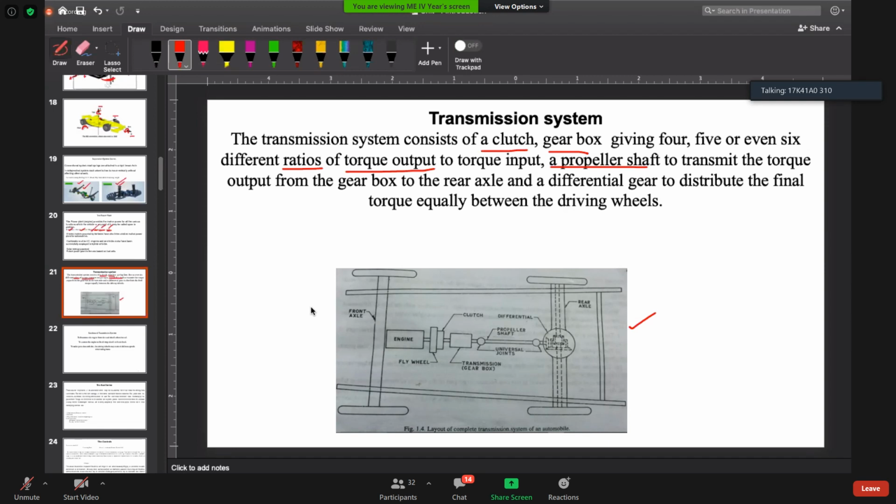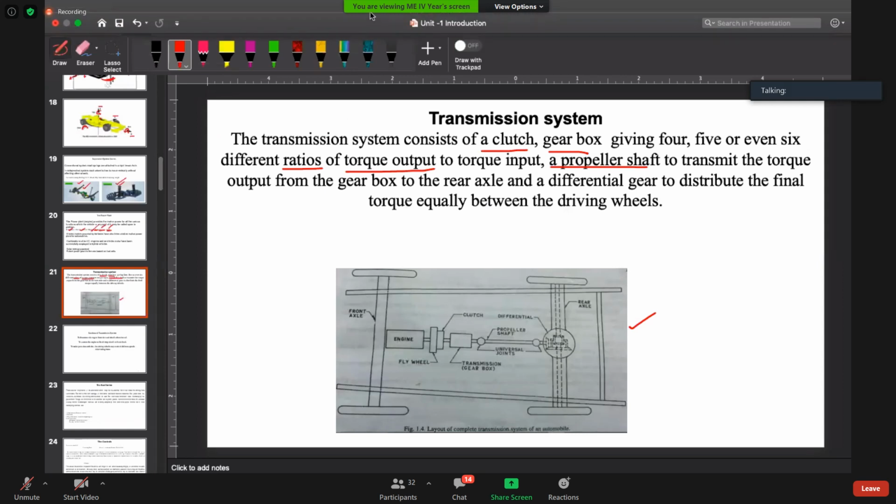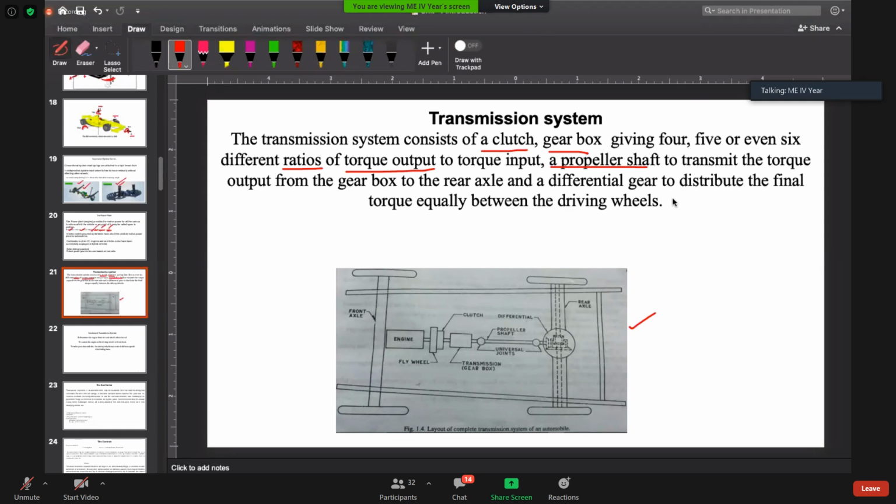Sir, I had made a presentation on brakes, sir. Today you have to give the presentation. Yes, sir, you told to. In the beginning, I have asked so many times, but you did not. Sir, actually, I was facing some internet problems. Now you are ready? Yes, sir, I'm ready, sir. Okay, so I'll make you the co-host and you can give the presentation. What is your roll number? 310, sir. Munib. Munib. 310. Let me check you in the list. I'm making you the co-host. Okay. Now you can share your screen.